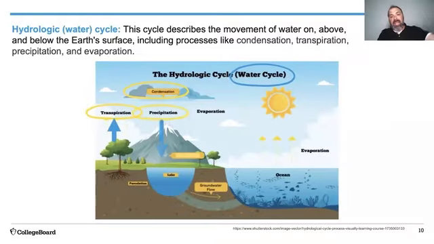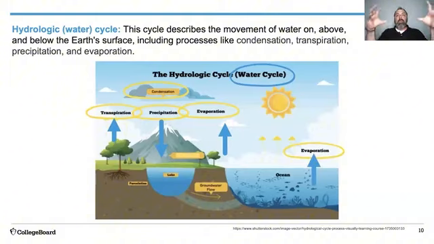So transpiration is one of the ways that plants interact with the environment. Precipitation, that is rain, snow, whatever falls down back to earth. And again, evaporation, as we can see from the land, water being lost from the land, and also water being lost from the ocean. So these are all ways that the parts of the water cycle interact with each other, and all of these can have an impact. If you have too much precipitation and not enough evaporation or transpiration, that can have an impact on the cycle.